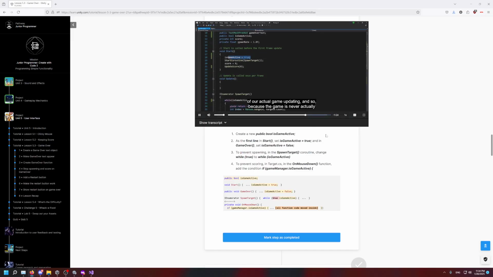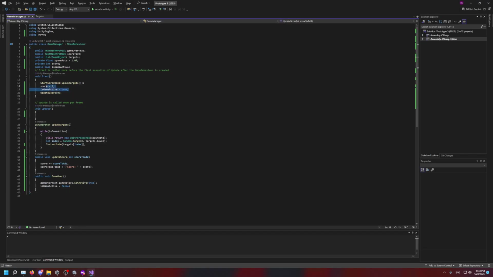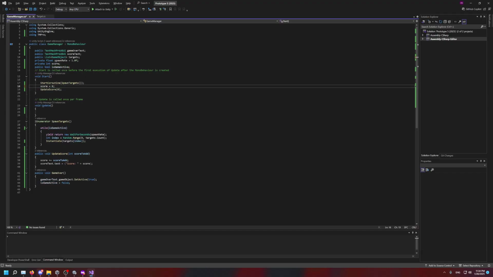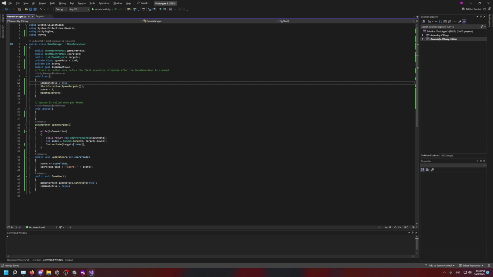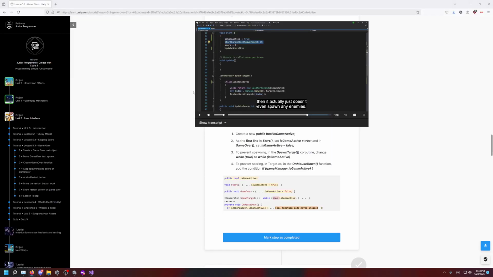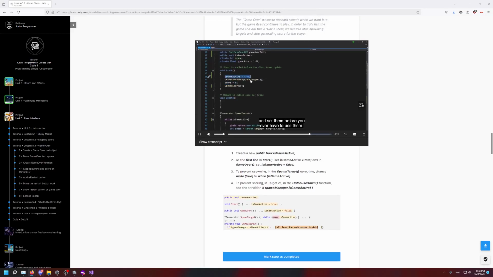Because the game is never actually set to active according to this coroutine, it doesn't spawn any enemies. So always make sure, especially, to update your variables and set them before you ever have